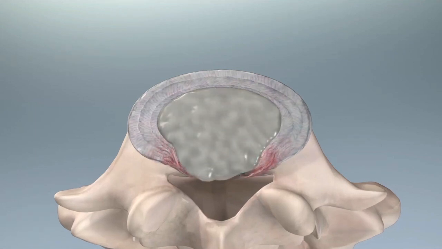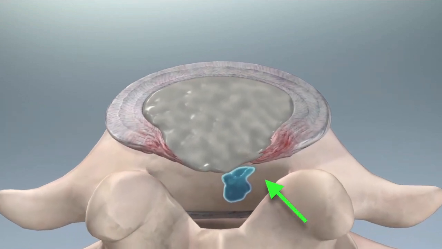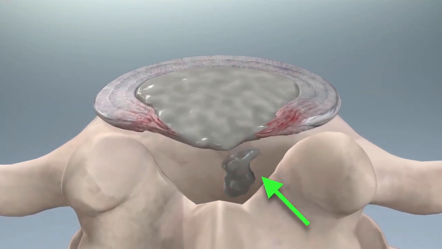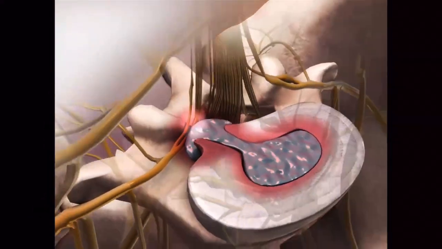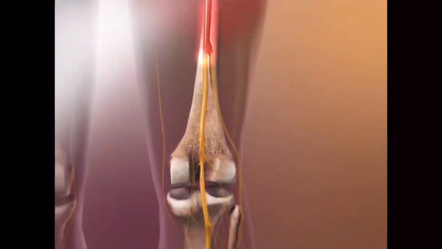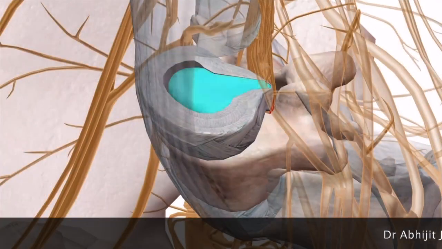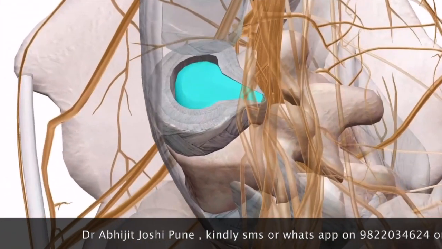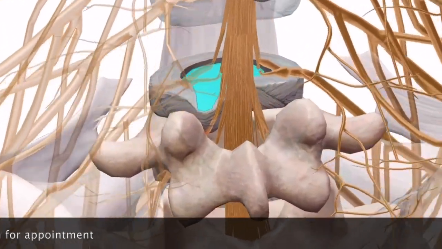When this disc bulge completely comes out of the annulus fibrosus and goes into the canal, it becomes a slip disc. This piece of disc material now irritates the nerve root, and the nerve root goes right from the back down to the back part of the thigh and lower leg, and these symptoms are known as sciatica. Basically, sciatica is a terminology that occurs because of a prolapsed intervertebral disc.